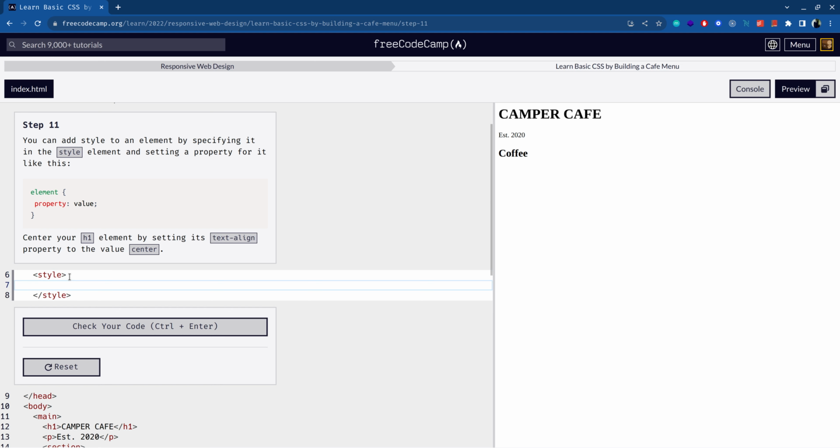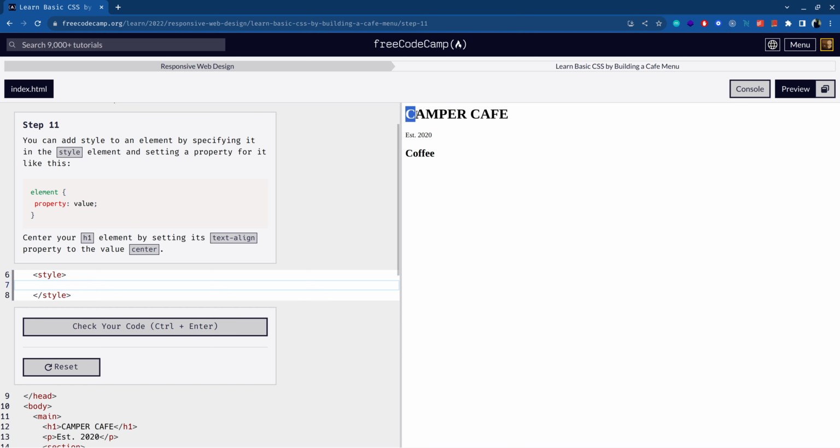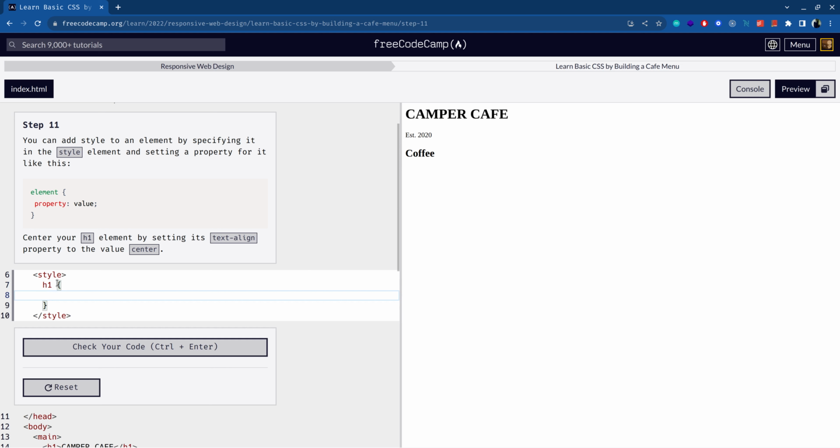Okay, so right now our header, Camper Cafe, is aligned to the left of the screen. So now what we are going to do is align this text into the center of the screen. So text align center, and that should move it to the center. Yeah,